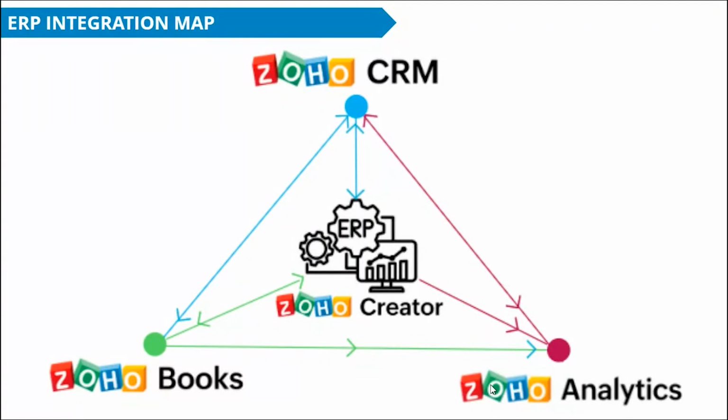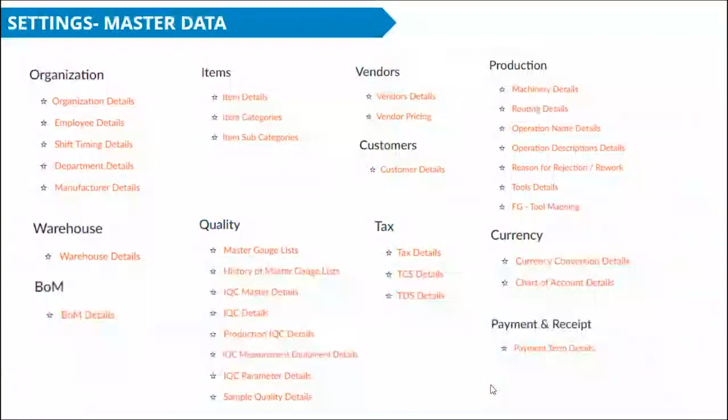So this is the integration roadmap, integration map rather, that we have. Wherever you see double arrows, two-sided arrows mean integration between two tools both ways. Data will go from CRM to Creator and back to CRM at different stages. How does it go? Where does it go? We are going to see in the following slides.